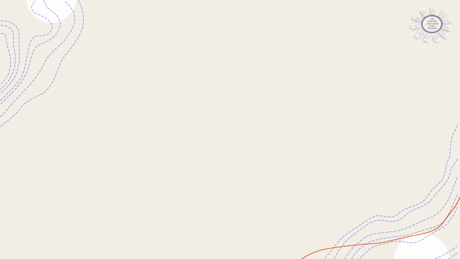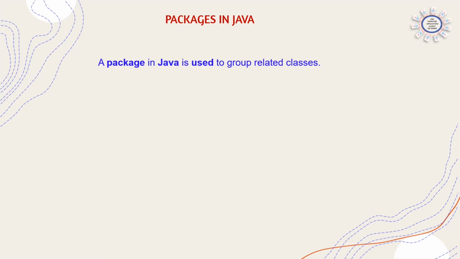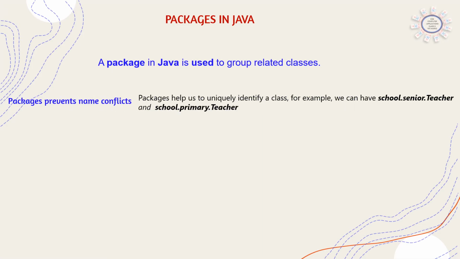Now we can see what is the use of a package in Java, why we are using packages in a program. A package in Java is used to group related classes. All the related functions and classes can be grouped together by using a package. And the other uses are, packages prevent name conflicts. For example, if by mistake you write the same name in two different programs in BlueJ, while compiling the second program, it will show that another class has the same name. It will not compile and show the answer. So this type of name conflict can be removed by using a package.